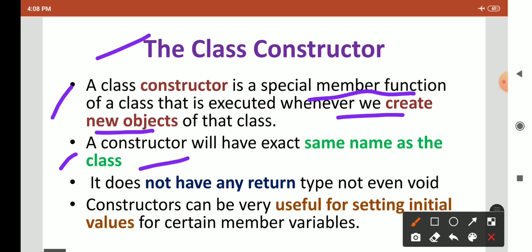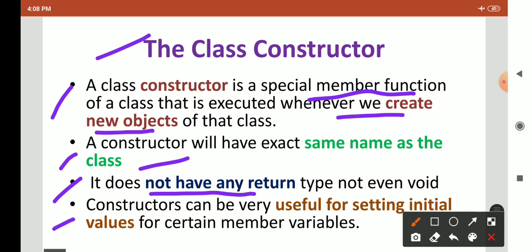It does not have any return type, not even void. Remember this, in an online examination this question may come: what is the return type for the constructor? Constructor doesn't have any return type, remember this.